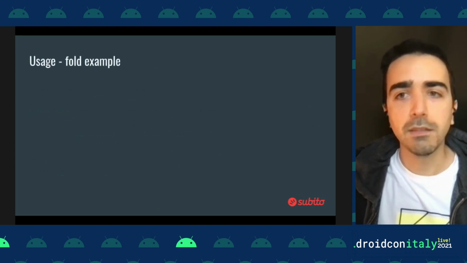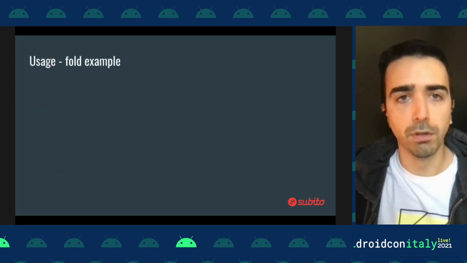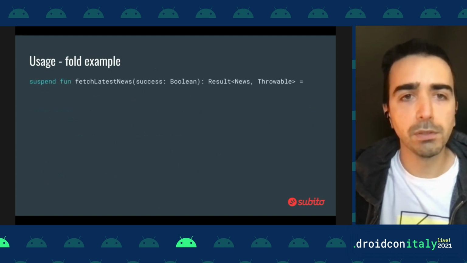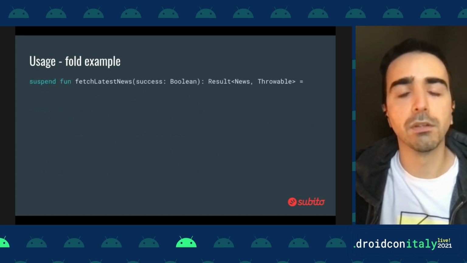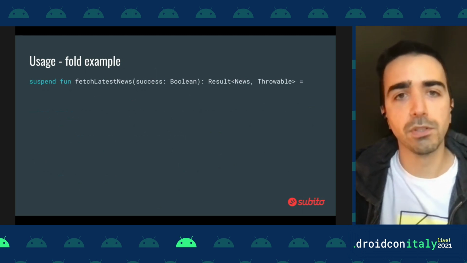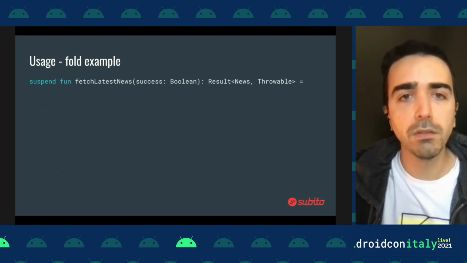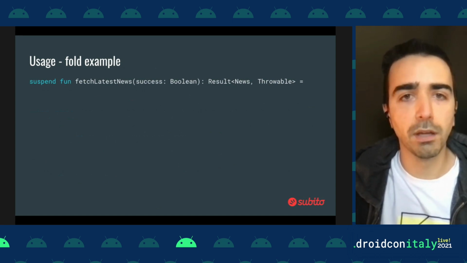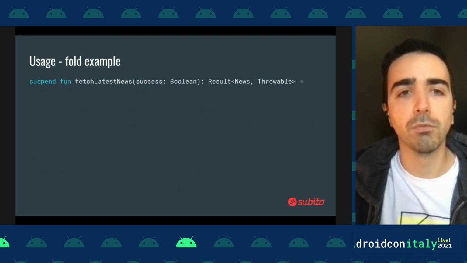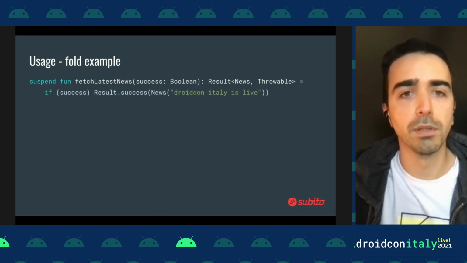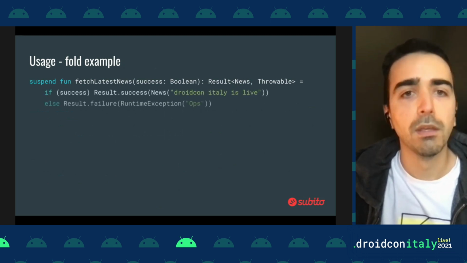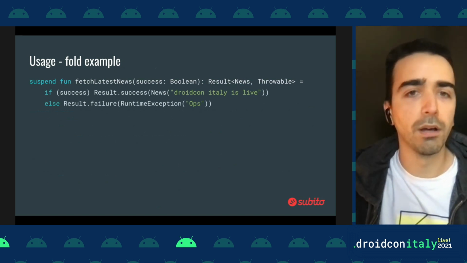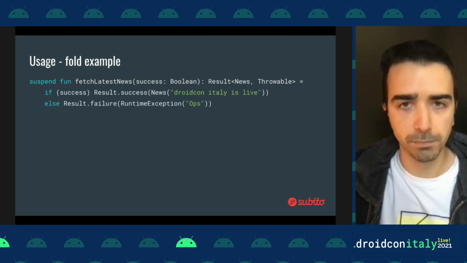So let's see how we can use the fold operator. Suppose that we have this method, fetchLatestNews, that in a real implementation is probably fetching some data from some APIs, from external services. In this implementation, for simplicity, in the slide, we are just passing a Boolean, and we are forcing the return type to be a success or a failure. In case of success, we are returning either Droidcon Italy slide news,